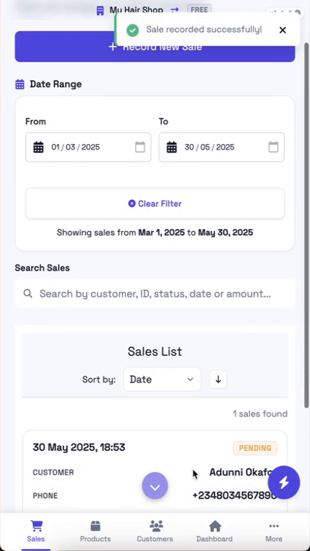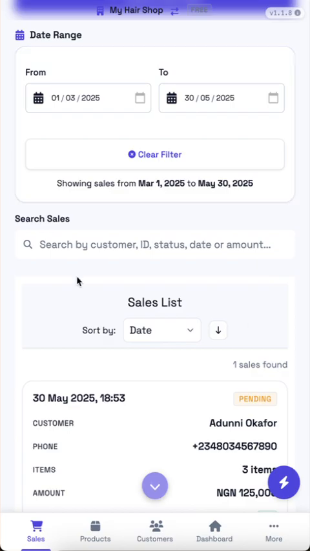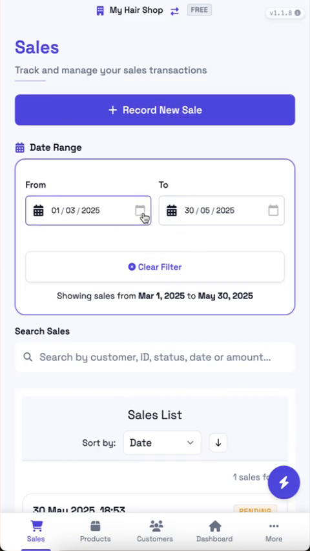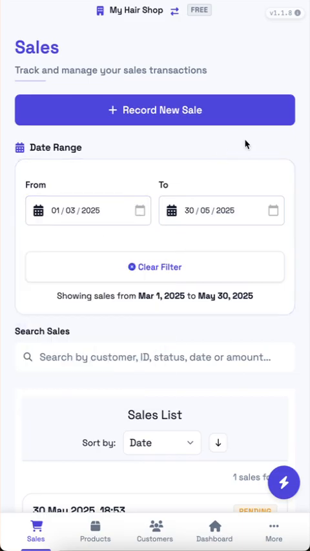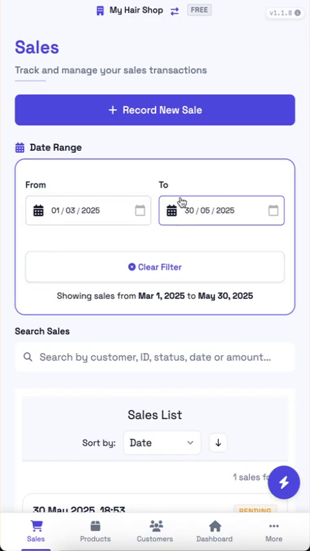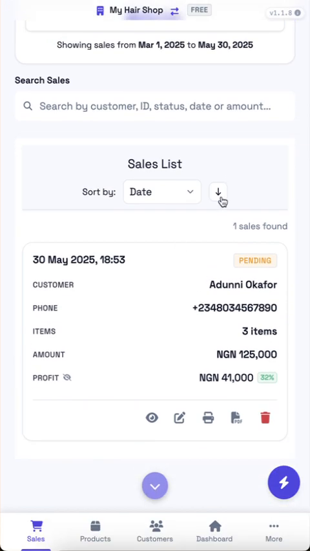Perfect. So as you can see, our sale tab has started being populated. Here we have a filter. By default, we show the filter for the last 2 months. You can always come here and set the time for which you want to see a sale. Here you can clear the filter, which just goes back to the default, which is the last 2 months. You see here we are showing from March 1st to, okay, so here you can also filter by